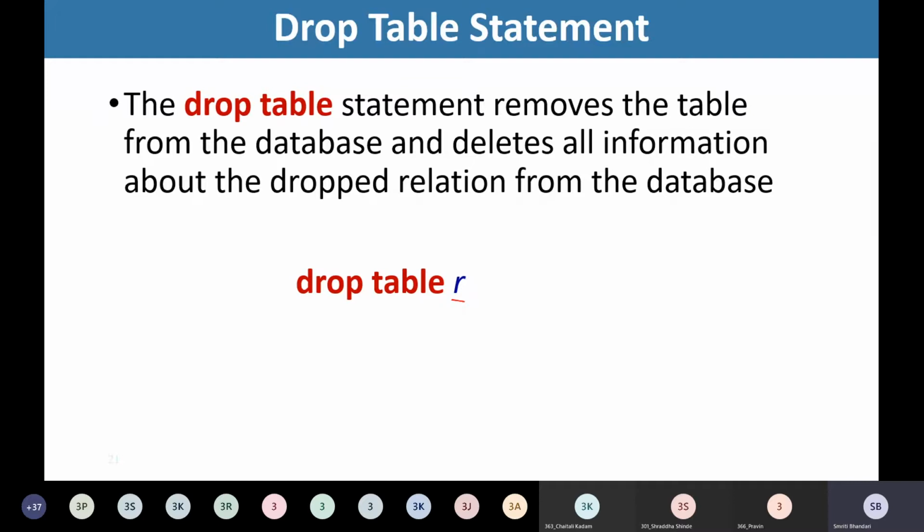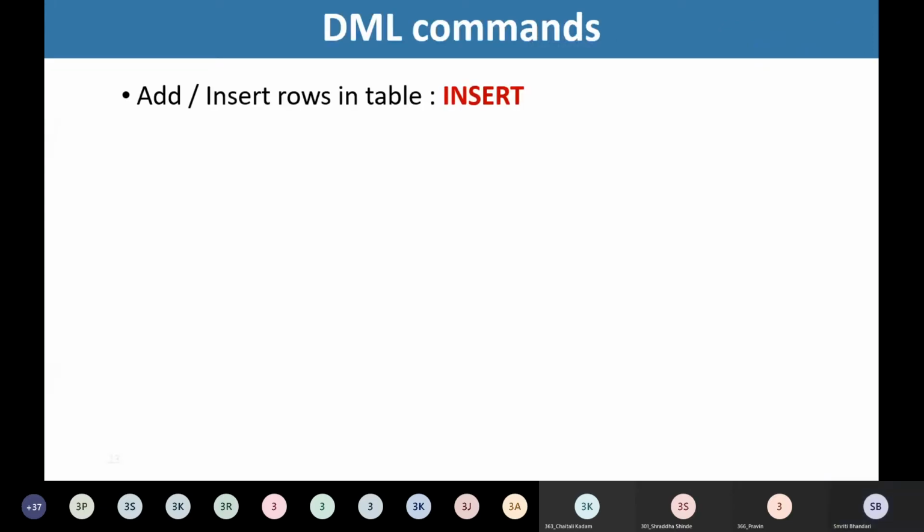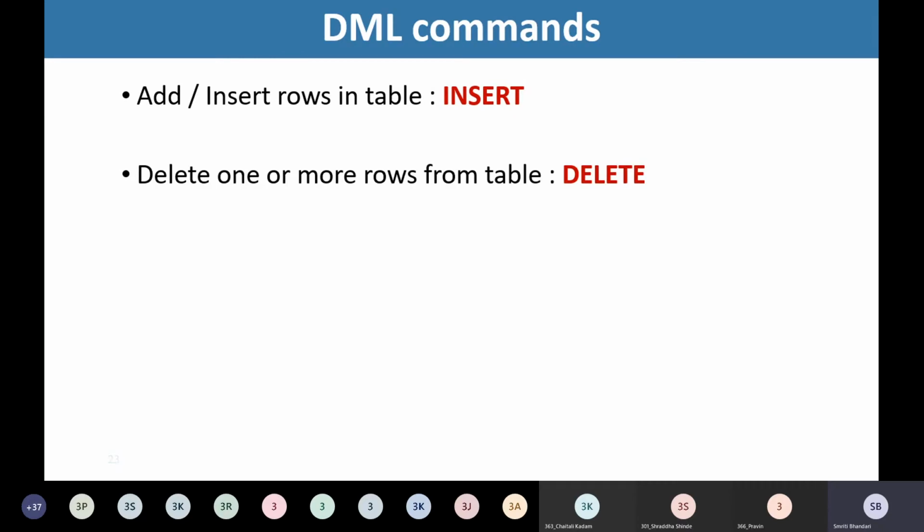So for the detailed discussion, once again, I'll appeal you to go through the earlier video. So now I'm going to demonstrate the data manipulation language statements. Right? So as I stated, under DML statement, we are going to refer to the insert command that will help us to add or insert the rows in the table. Then we are going to discuss delete statement.